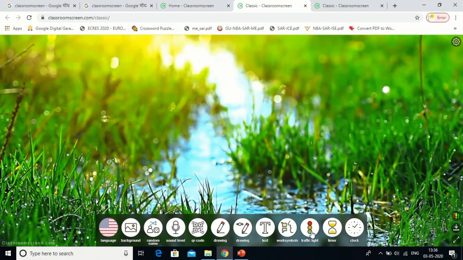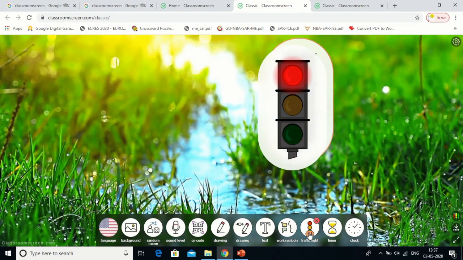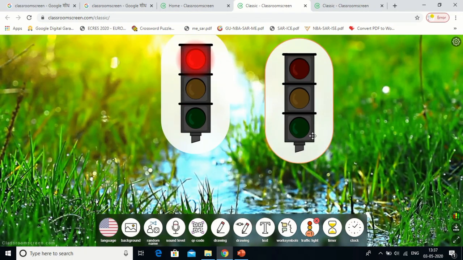This is another very interesting feature, a traffic light signal. If you are giving them a certain assignment and want to interact with them with a traffic light signal, you can click, boom, a green signal will come. If you are waiting for their answer, you can put this, and if you want them to stop, a red button you can show. Multiple traffic signals are available, as you can see. So I will say cancel over here.